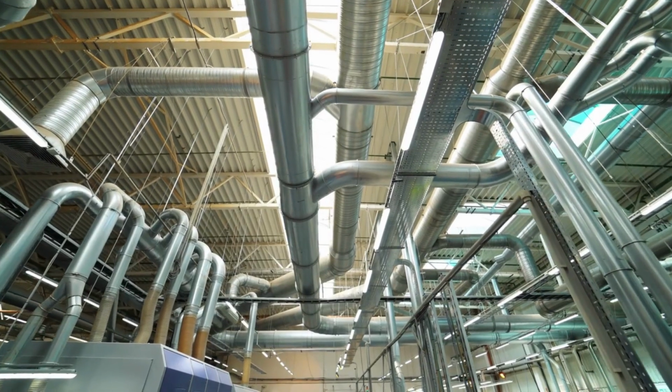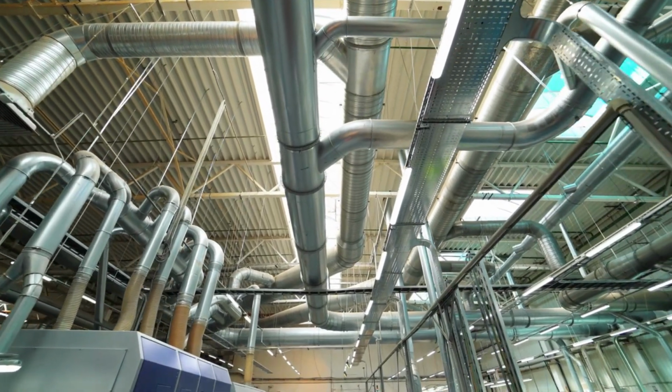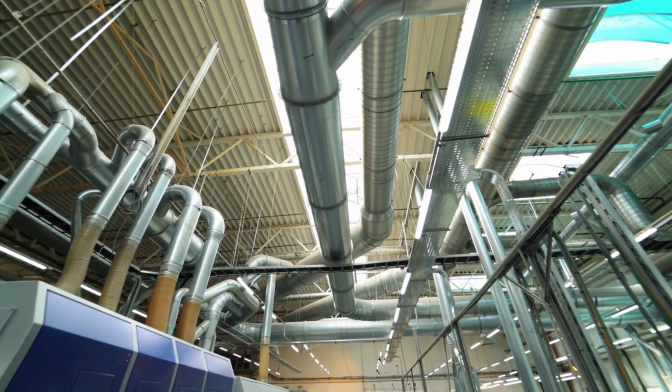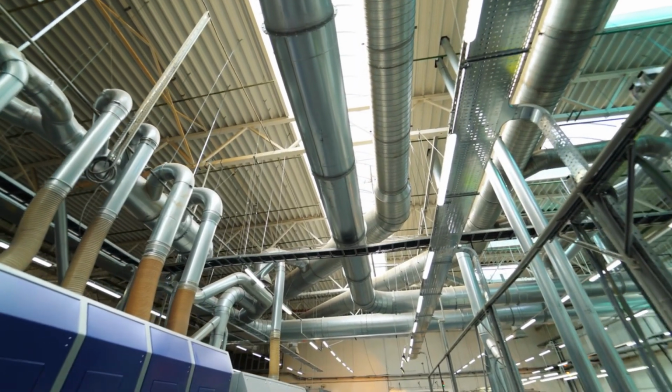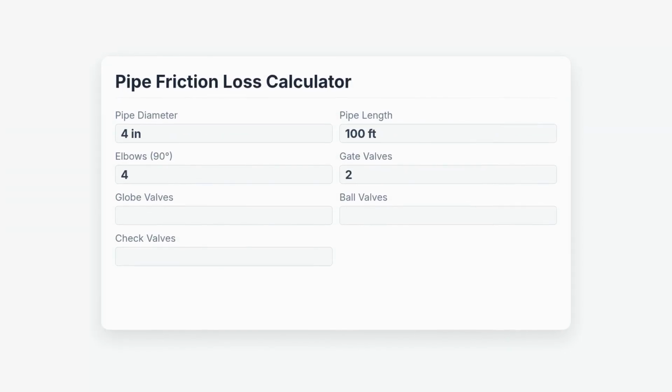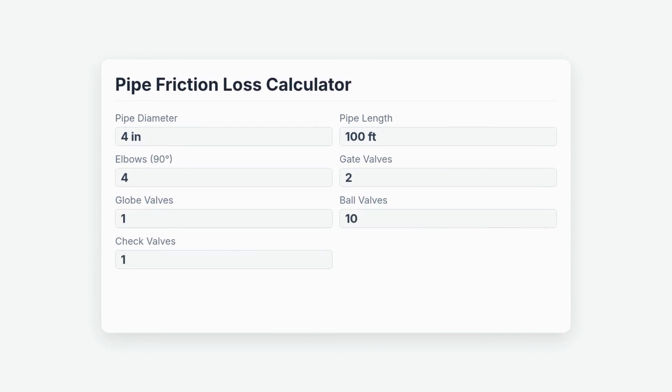For our example, with a 4-inch pipe and 100 feet of straight pipe, we have 4 90-degree elbows, 2 45-degree elbows, 1 T through run, 1 T through branch, 2 gate valves, 1 globe valve, 10 ball valves, and 1 check valve. After clicking Calculate, the results show total equivalent length equals